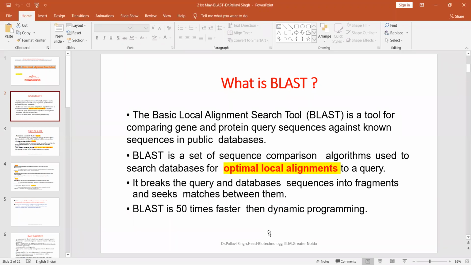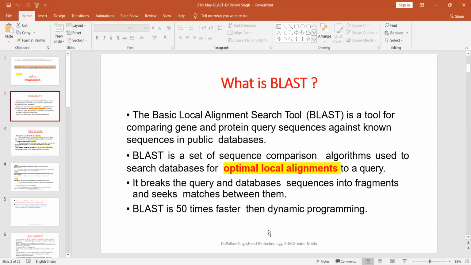Like ma'am has told you about a lot of databases, right? EMBL, GenBank, UniProt, SwissProt. She has discussed a lot. So in the Basic Local Alignment Search Tool BLAST, we put in our query sequence, which could be either a nucleotide or a protein sequence, and we try to find the matching homologs of this query. And why do we need to do it? Because sequences with similar sequence will form similar structures, and they will have similar functions. So in order to find the structure and functions of proteins, we need to find the matching homologs.